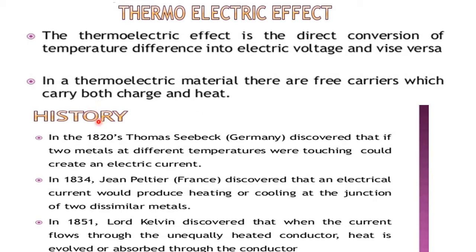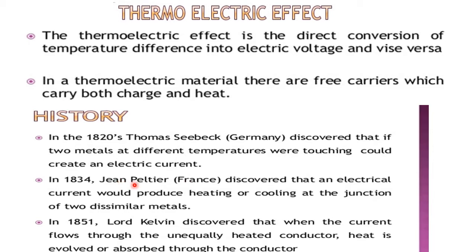And if we go to the history, it was in 1826 when a German scientist named Thomas Seebeck discovered that two metals at different temperatures touching each other could create an electric current. That means electric current was produced by maintaining a temperature difference between two dissimilar metals, followed by another scientist from France,